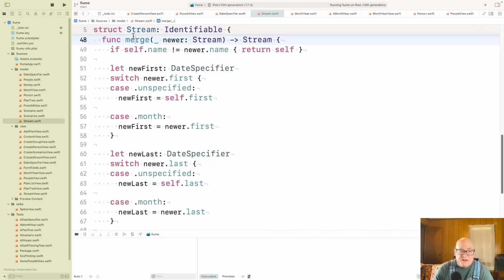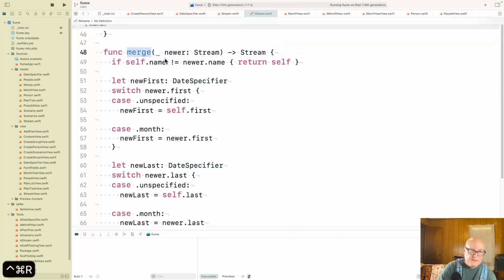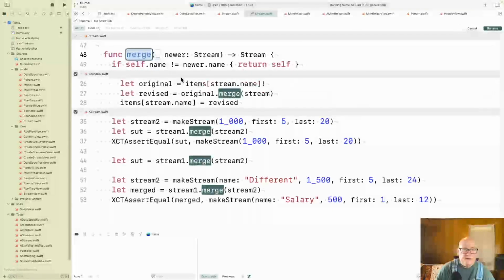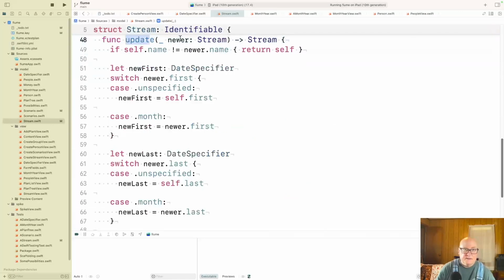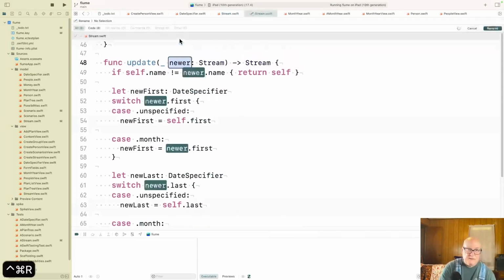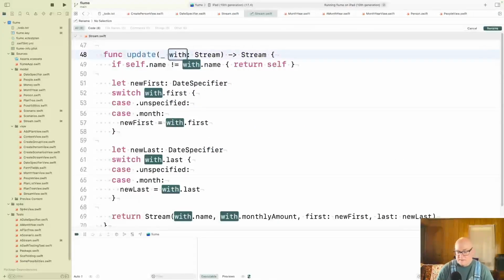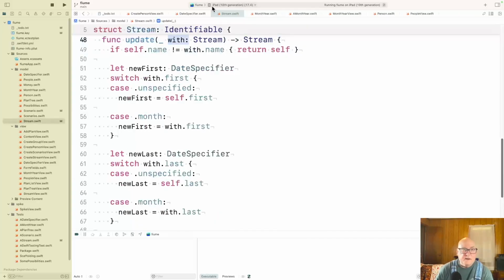So, yeah, let me try that first. Update with. Okay, so update, and then let's name this with. Okay.